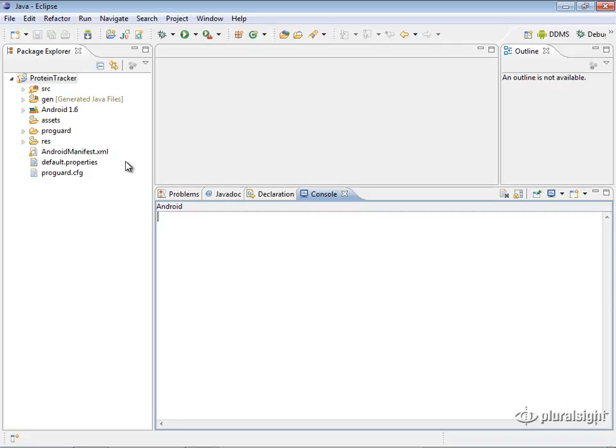So now let's look at the harder way to sign your application. If you can get away with it, doing the export from Eclipse is definitely preferable since it's so easy. This is a little bit harder, but there's going to be some times where you're not going to be able to do that. One good example I can think of is I just was publishing one of my applications to